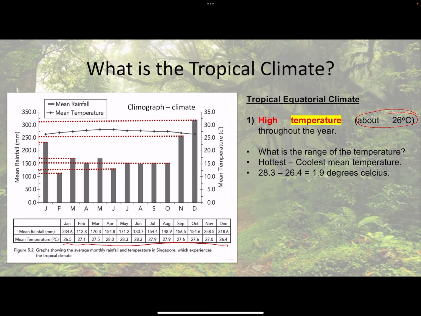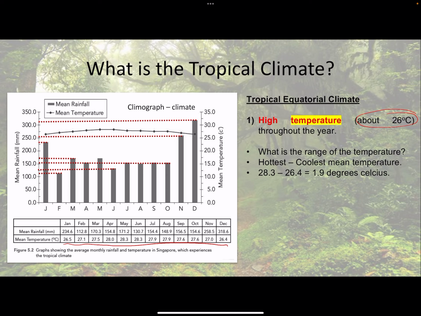26.4 degrees only. So on average, the high temperature is about 26 degrees. If you do an average, you will realize it does hover around that. In this particular case of this country here, which I believe is Singapore, yes, it is Singapore. It is slightly above 26, but it hovers around there. The other thing you can check is, of course,